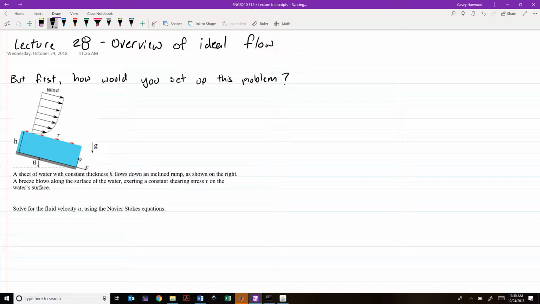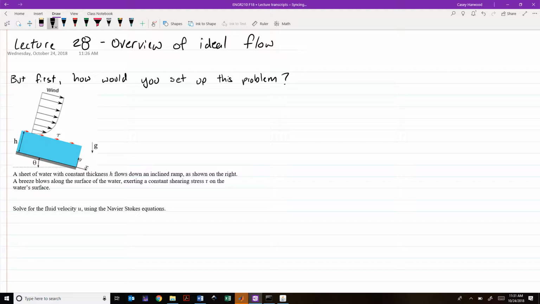But before we get into that, we came up a little short on time in the last lecture, so I wanted to go over one more solution to the Navier-Stokes equations. So I want you to consider a problem where you've got a planar incline, or a sort of a ramp, that's got a sheet of water flowing down it that has a constant depth of h. So the water here is being pulled down the ramp by its own weight, by gravity. We would assume that there's no pressure gradient along the direction of flow,